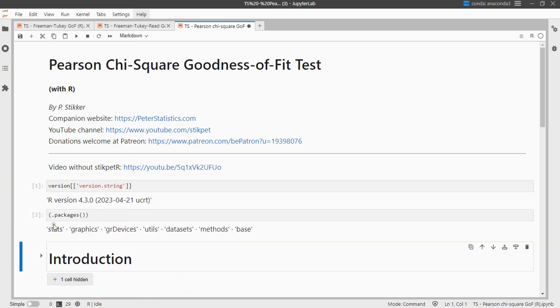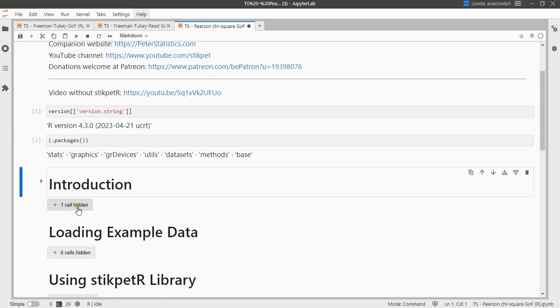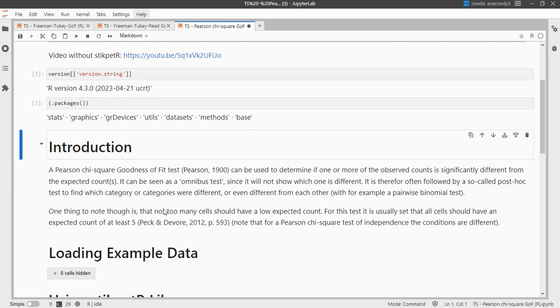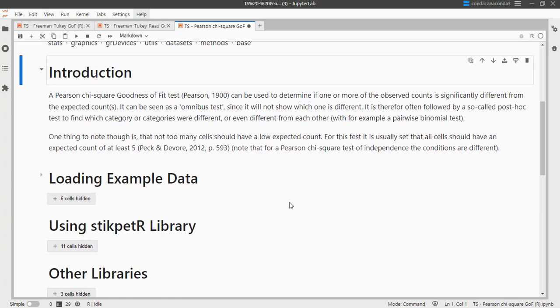The packages that are pre-installed with R are usually these. This video will focus on how to simply obtain the output, not so much if you should get this output or how to interpret all of it. The Pearson Chi-Square Goodness-of-Fit test is usually done for observed counts, to see if they could be the same in the population for each category. You might also be interested in a G-test, for example, which is an alternative, and there are quite a few